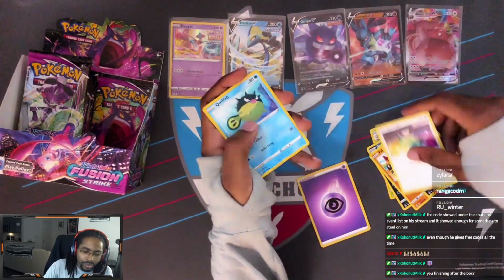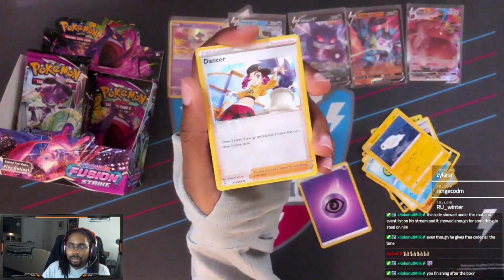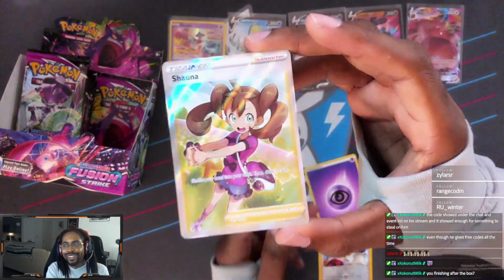Seeing Morpeko, Smeargle, Quilfish, Tynamo, Reverse Holo Dancer. Really wish I'd pull a Reverse Holo Dancer. The rare is Full Art